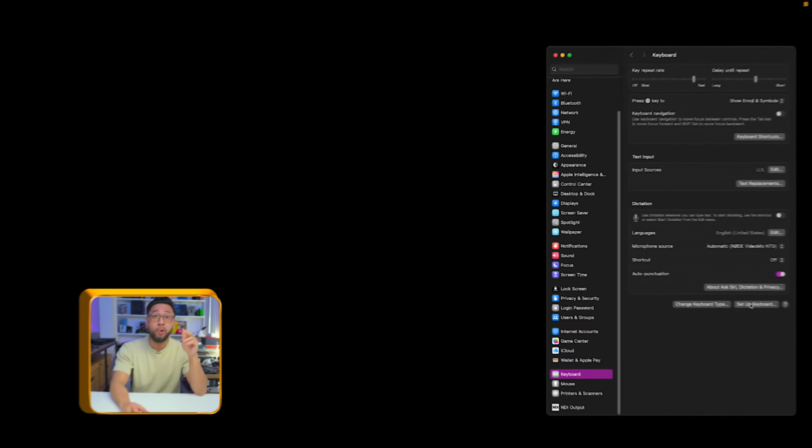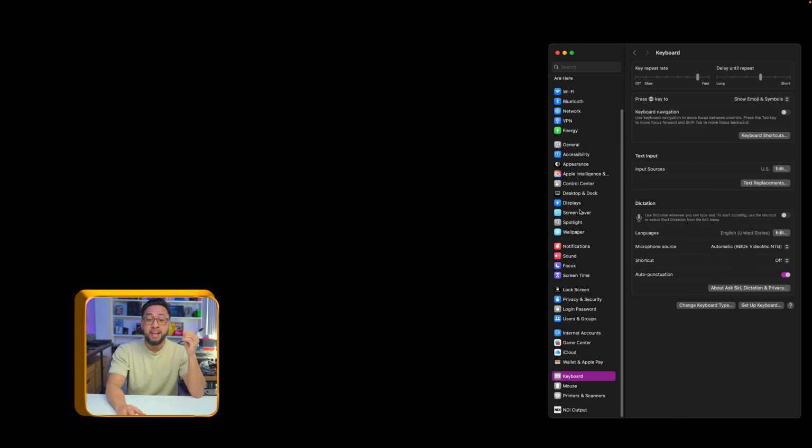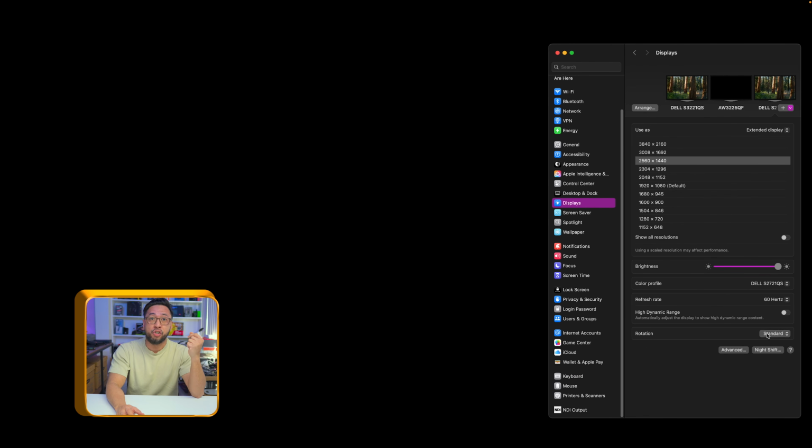And there's one more thing in the display settings that I want to do. If you do a lot of work at night like me, then you definitely want to enable Night Shift, which automatically makes your screen warmer at night, and to minimize blue light to make it easier to fall asleep. But if you want more control, you would want to install the Flux app, which gives you a ton more